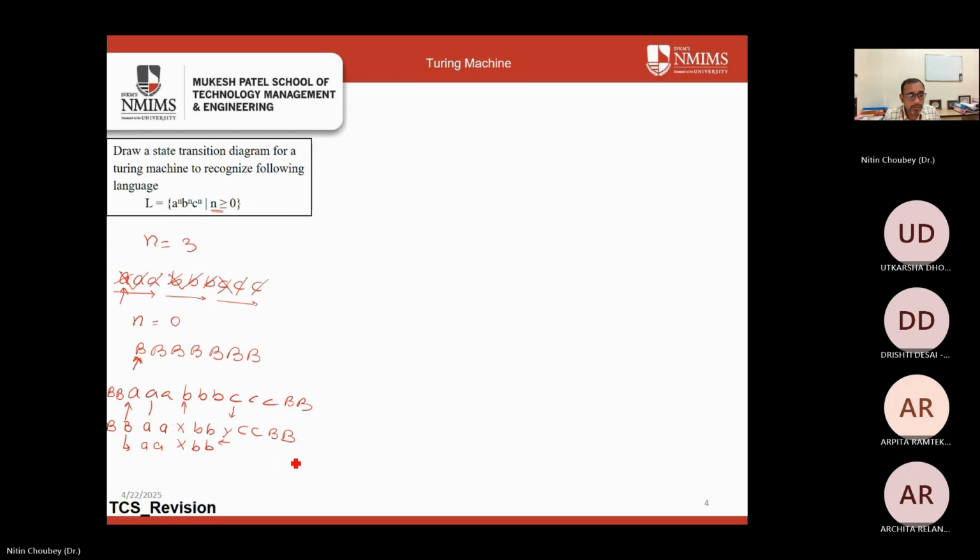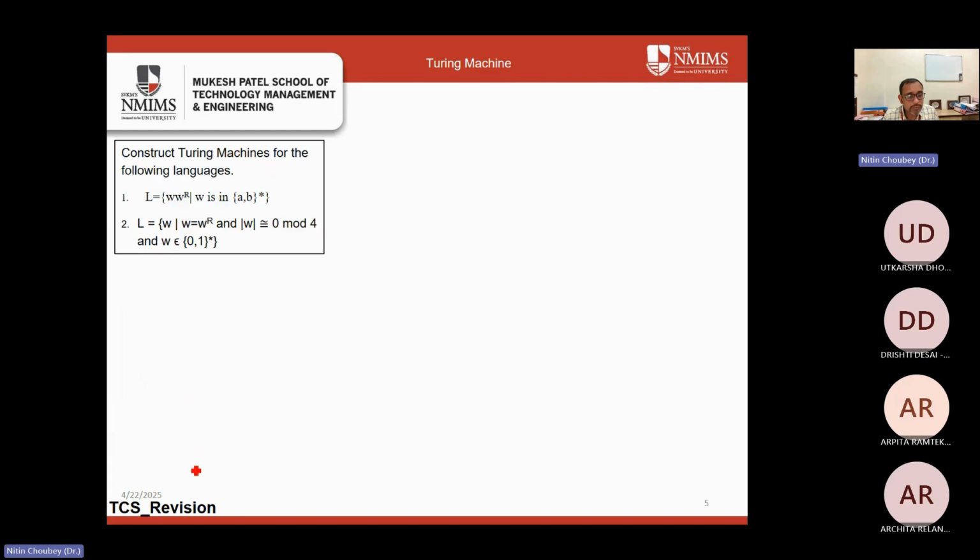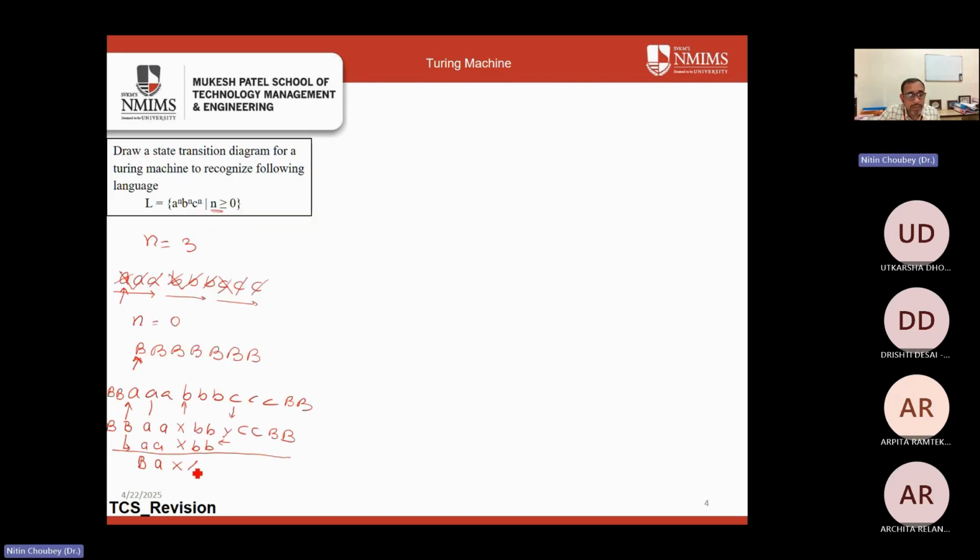What? The process of converting the first A into blank. Skip this, replace first B with X, skip B, skip Y, replace first C with Y and move to left. So this process of moving left, right, left towards blank and coming back by erasing 1 A, 1 B and 1 C in any single pass will continue